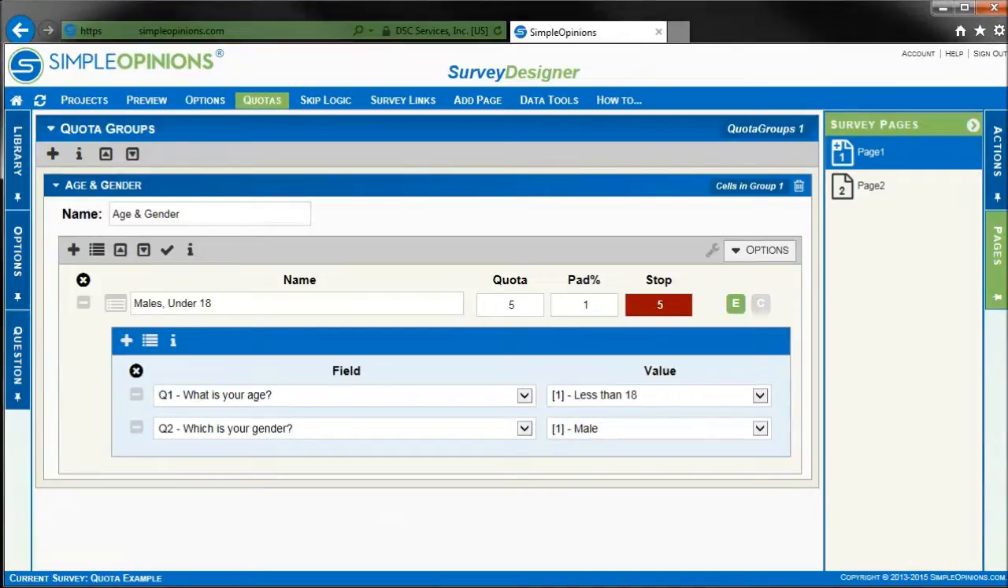Although I have created a quota group, I didn't define how large I wanted it to be. So let's look at the quota and pat percentage columns located here. The quota column is the number of respondents you want to allow for this quota, whereas the pat percentage is the percent of leeway you're going to allow for this quota. By defining what your quota and pat percentage is, that'll determine what your stop count is, which is the actual